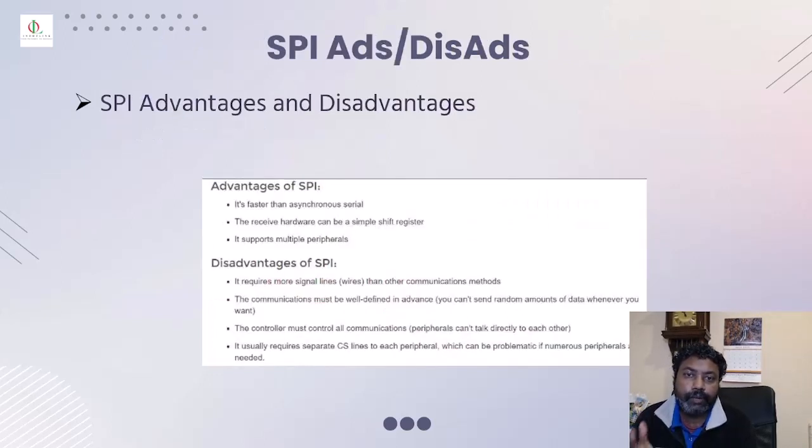These are some of the advantages and disadvantages. The advantage of SPI is that it's faster than asynchronous serial communication. The receive hardware can be simple, using shift registers, and it supports multiple peripherals, like multiple slave devices. Whereas data is sent on one single line compared to the other communication modes, so sometimes this can be defined as a slow moving SPI. That's a small,